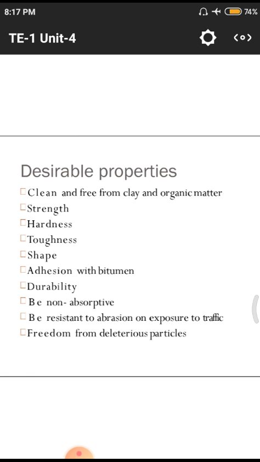Hardness means when the vehicle moves on the road, the road definitely possesses hardness, otherwise there is no proper movement. The vehicle will move in an irregular or zigzag pattern if there is no hardness to the road. Why? Because if there is hardness, automatically there will be friction to the tire. If there is no proper hardness, there is uneven friction, and due to this uneven friction the vehicles will not stand on the